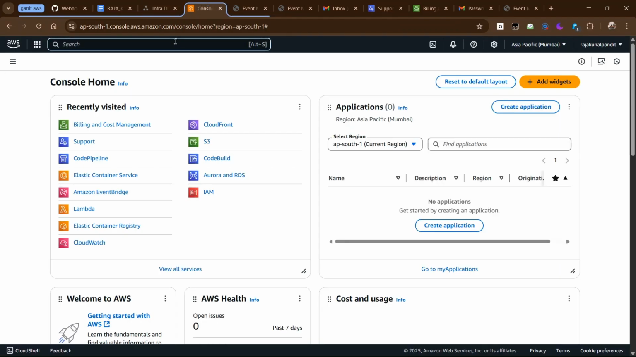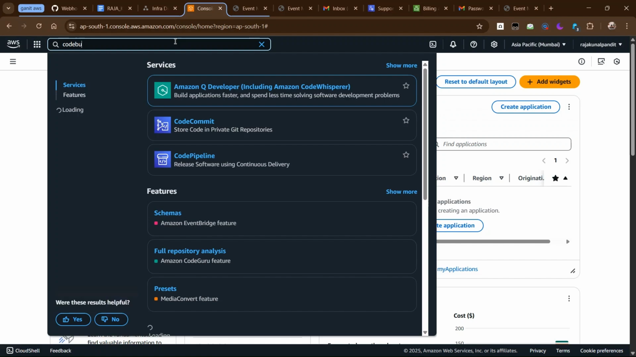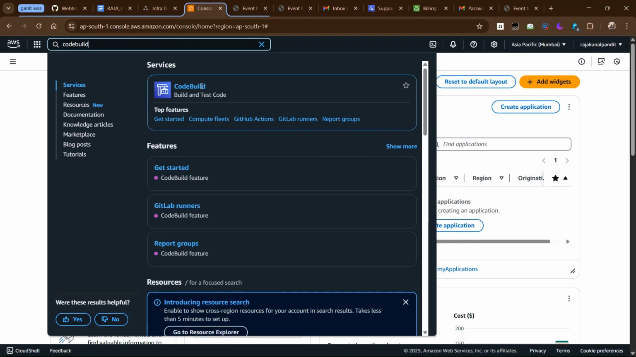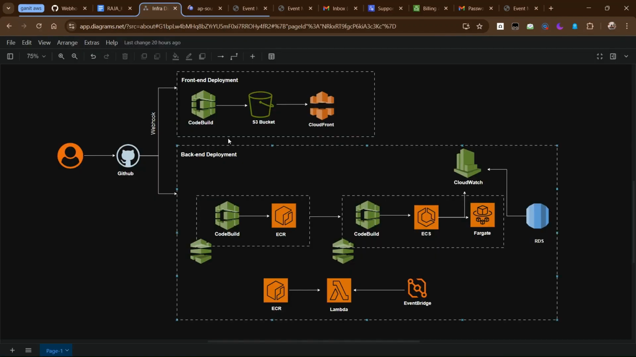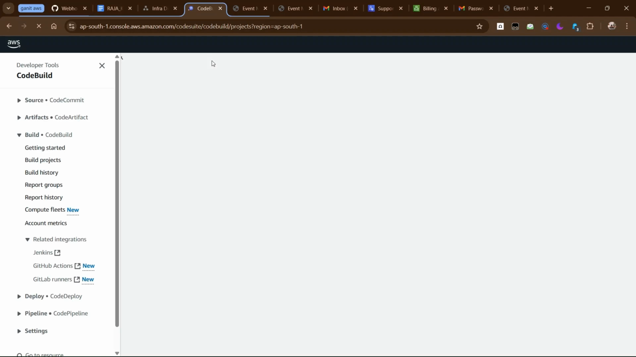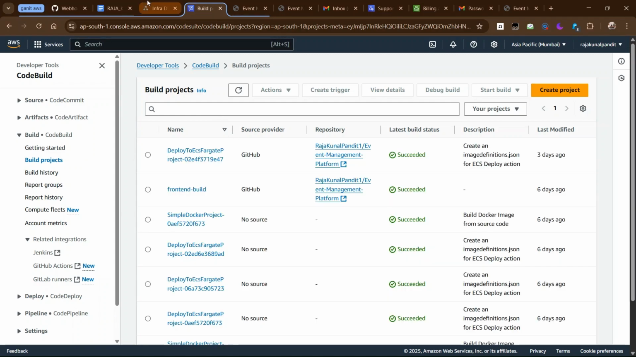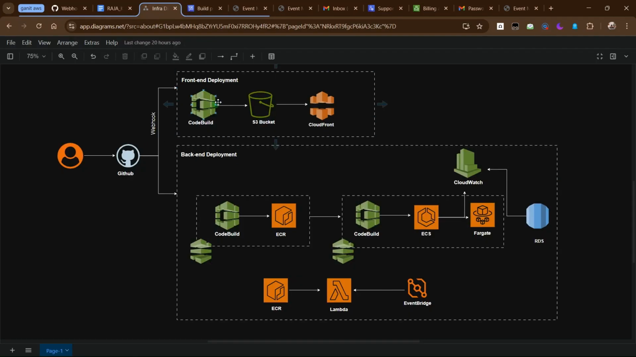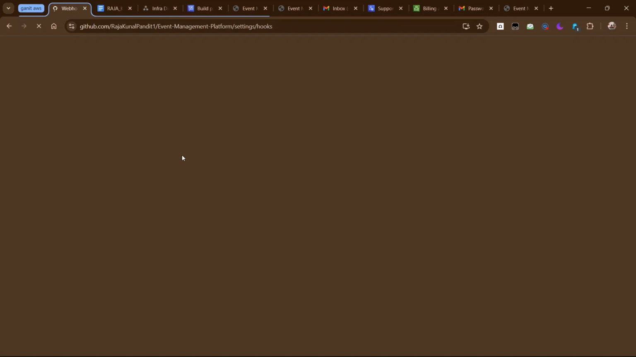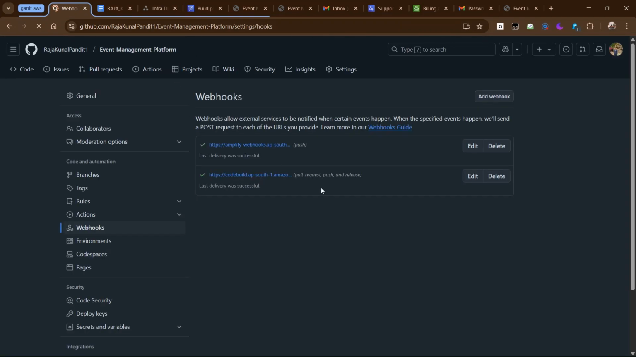If I go to my CodeBuild, let me first show my front end deployment, how I have done it, right? If I go to my front end deployment and see the front end build, let it load first. And one more thing, it gets triggered when a user commits to GitHub. For front end, I have webhooks here. I have set up webhooks in my